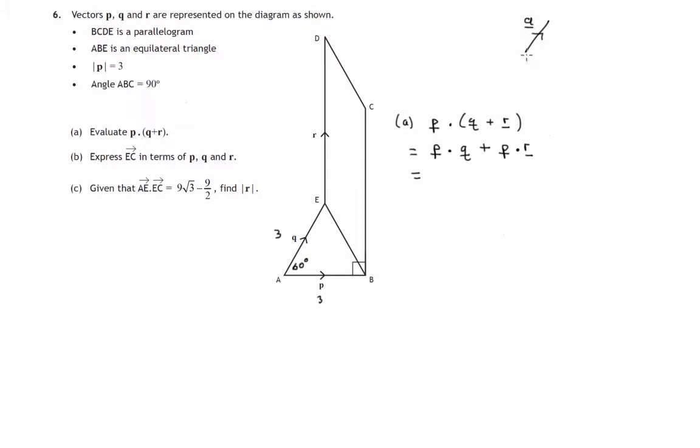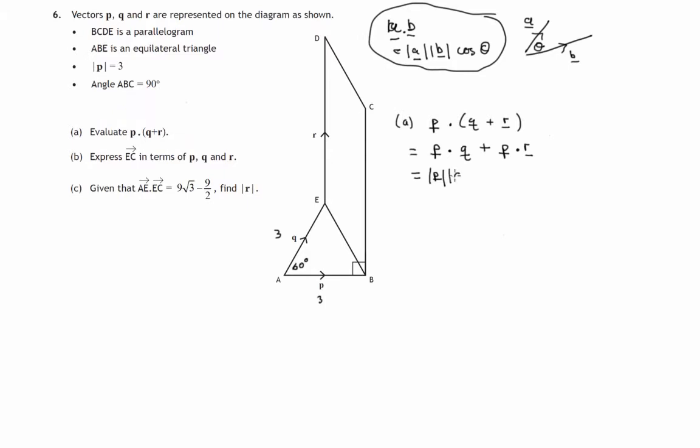Remember that if you have two vectors, A and B, with an angle theta between them, then the definition of A dot B is the length of A times the length of B times the cosine of the angle between them. That's given to you in your formula sheet. So in this case, length of P times length of Q times the cosine of the angle between P and Q, that's 60 degrees, plus length of P times length of R times the cosine of the angle between P